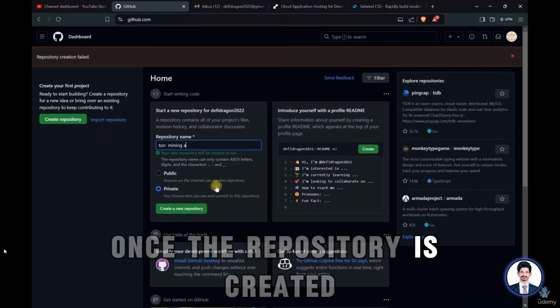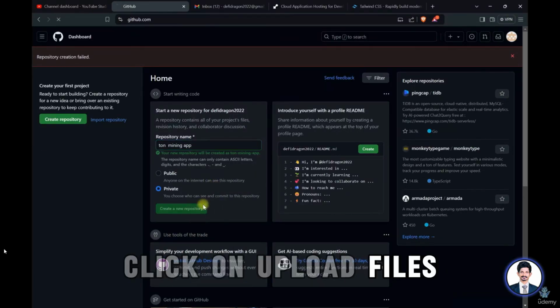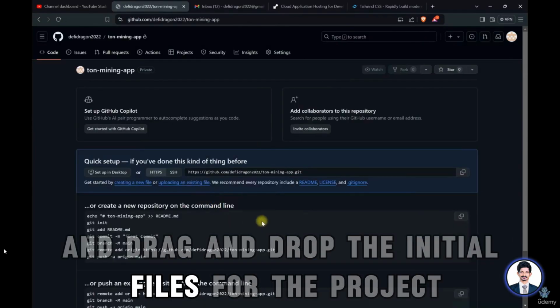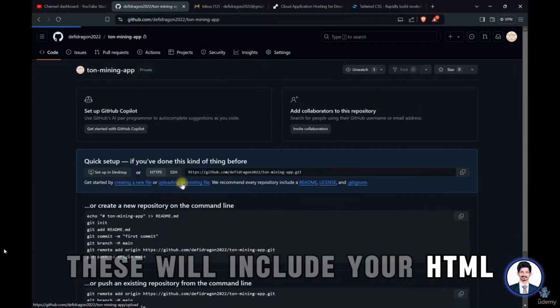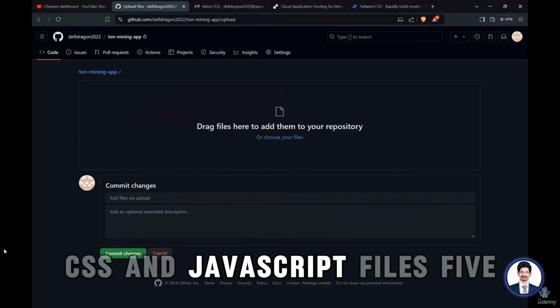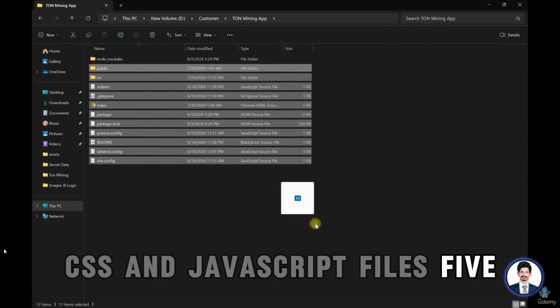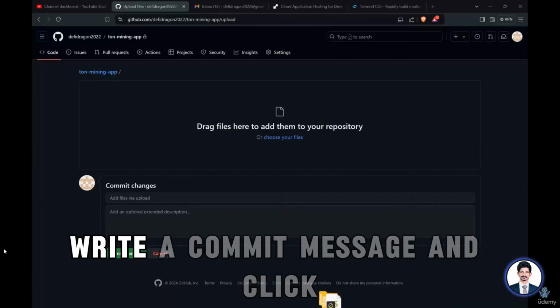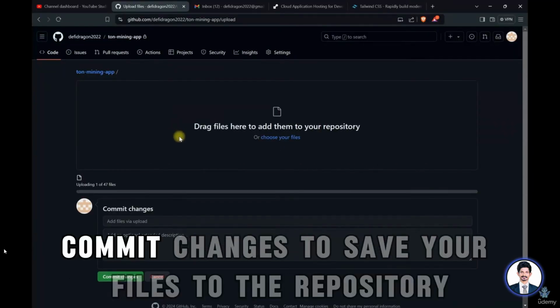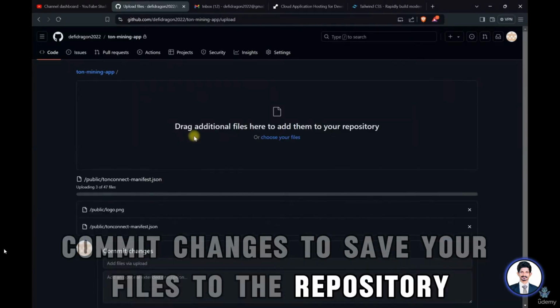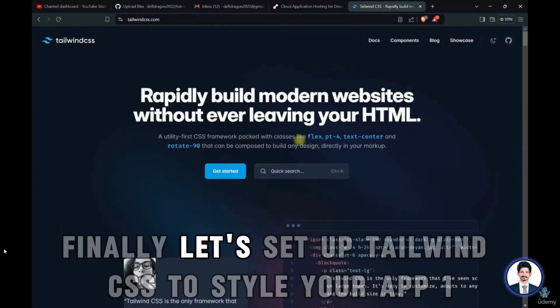Once the repository is created, click on Upload Files and drag and drop the initial files for the project. These will include your HTML, CSS, and JavaScript files. 5. After the files are uploaded, write a commit message and click Commit Changes to save your files to the repository. Finally, let's set up Tailwind CSS to style your app.